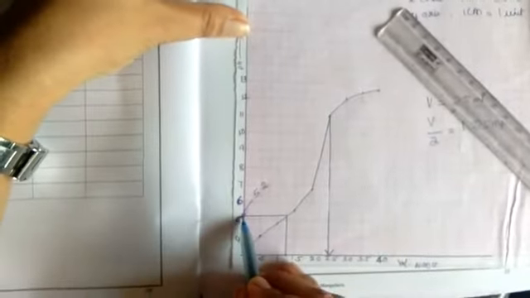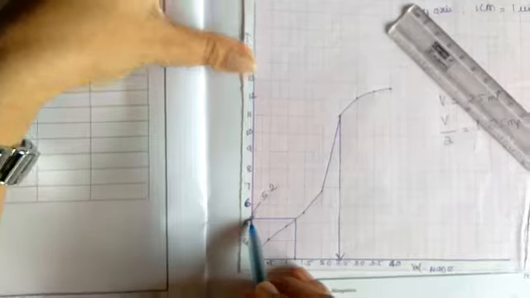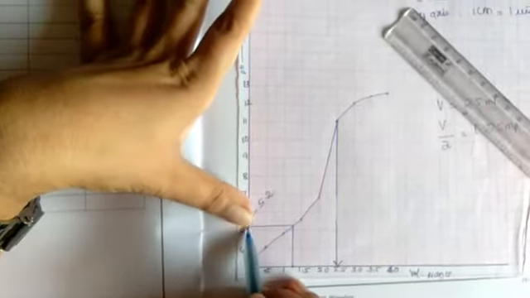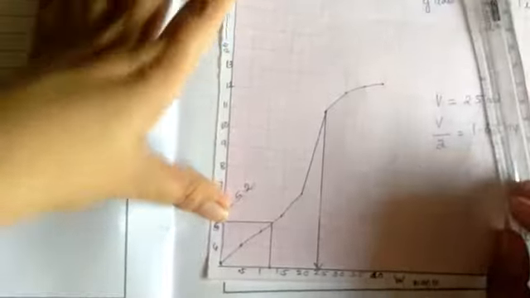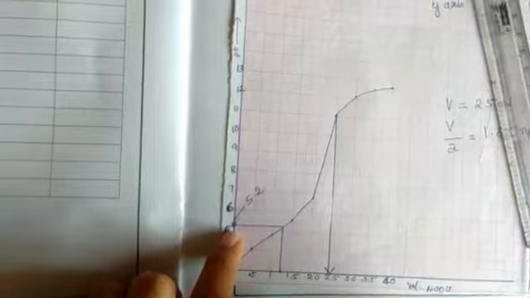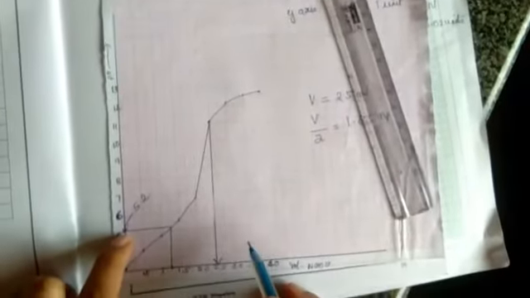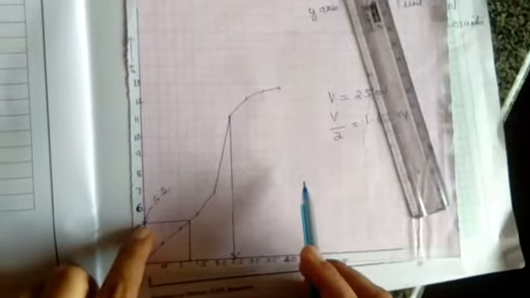Along the y-axis I have taken pH, and this is the point where pH is equal to pKa, because it is the point corresponding to the half neutralization point, and at the half neutralization point we know that acid is equal to base, acid is equal to salt. So log of acid by salt becomes log 1, because the concentrations are the same. Log of 1 is 0, therefore pH is equal to pKa. So at this point it is pH, but it is also equal to pKa. Therefore the pKa of the acid is 5.2.